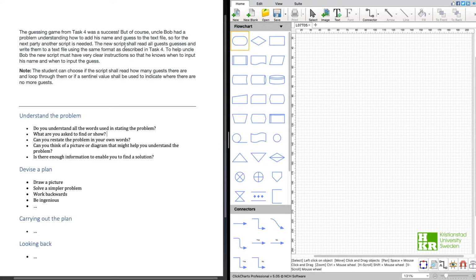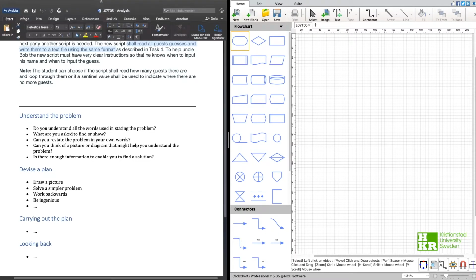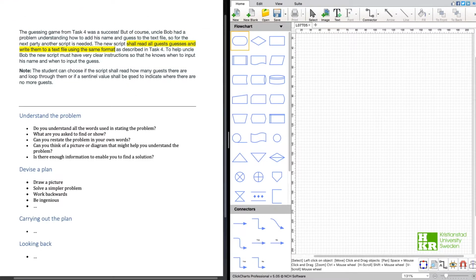file. So we can see here, alright, the script shall write them to a text file using the same format as we used before. So I marked this. This seems vital to what we're supposed to do. And then it tells us that there must be clear instructions. Maybe that is not something that we see in the flowchart, but it's definitely something that we should remember for